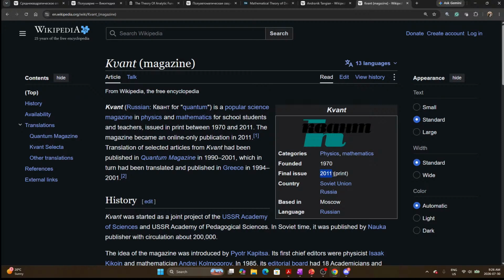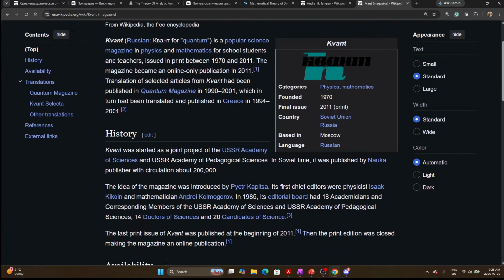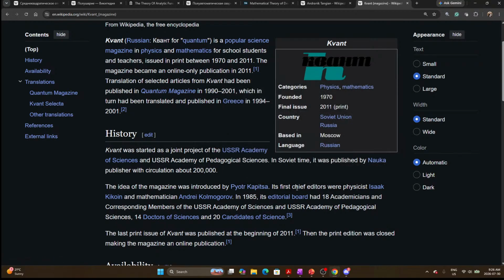The print version ended in 2011, but it's still an online-only publication. It was introduced by Pyotr Kapitsa. Its chief editors were the physicist Isaac Koykin,